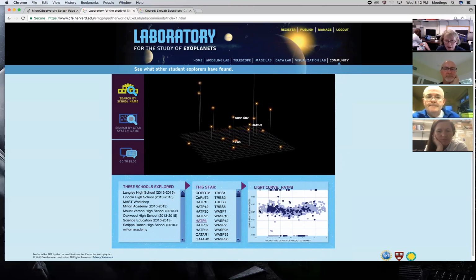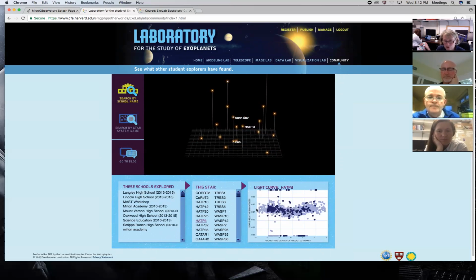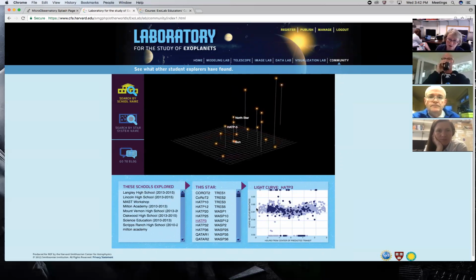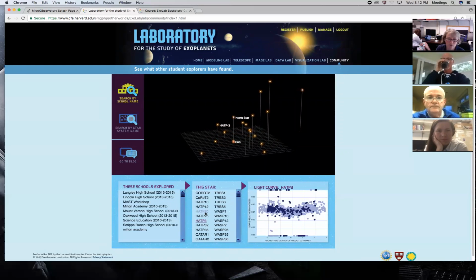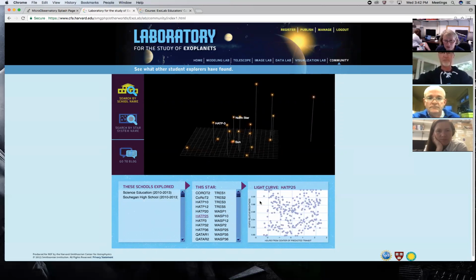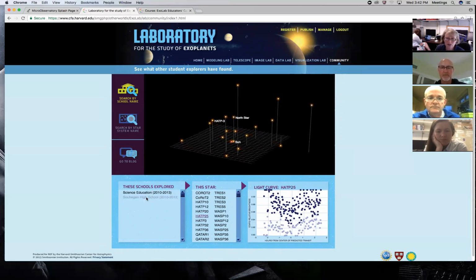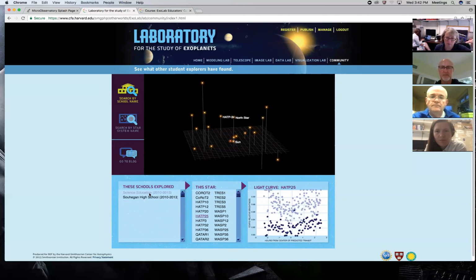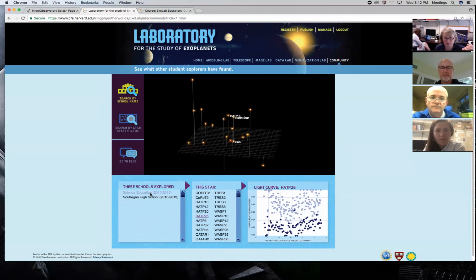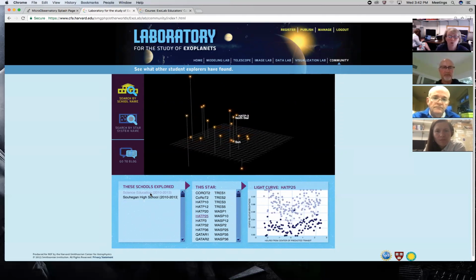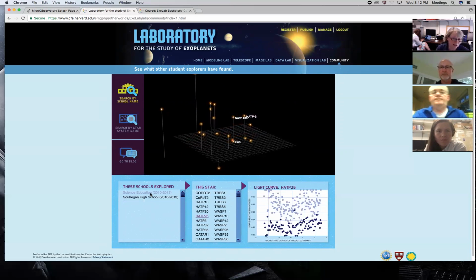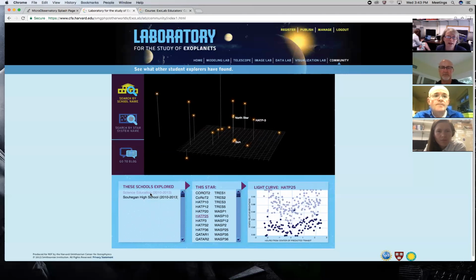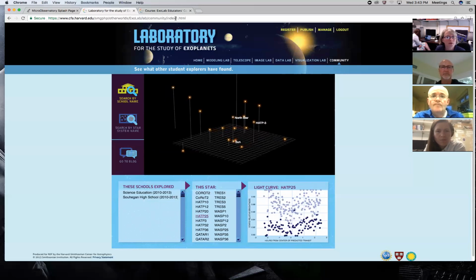But you'll notice that the relative brightness is kind of that raw value of the ratio of the target star to those comparison stars, which for most of you is different for every star. So if I choose HAT-P-25, I'm in this range, and you can see that Sauhegan School's transit is kind of shifted in a totally different realm from the transit that we did of the same star. So this can happen when we switch out telescopes, and telescopes have different sensitivities, or if we choose to change a comparison star. So what we've done in the new community page is, and I'm going to get rid of that 1 now,